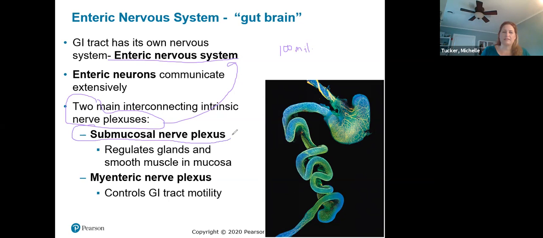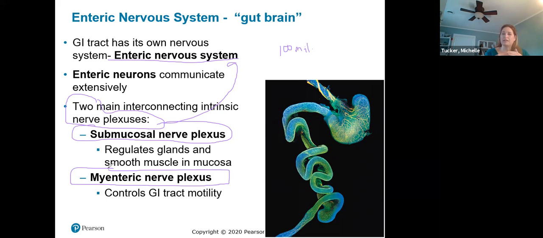The first one is the submucosal nerve plexus, and it is going to regulate glands and smooth muscle in the mucosa. And then the second one is the myenteric nerve plexus. And this is going to